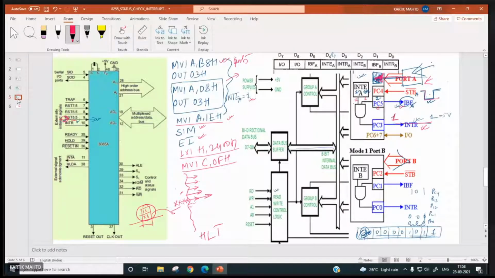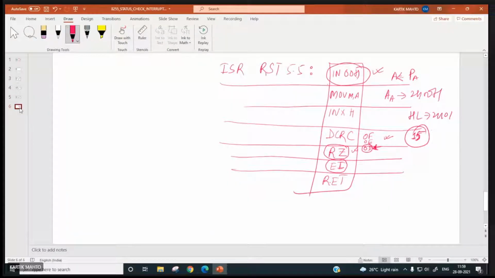Now suppose at this point, again, a new valid data comes. So this address will be pushed onto the stack, and the processor will branch to the ISR of RST 5.5. Again, it will input the data from port A to the accumulator, and from the accumulator to the next memory location 2401H.